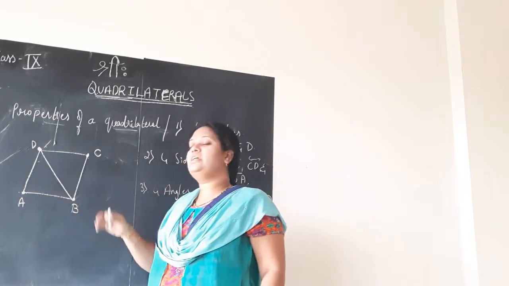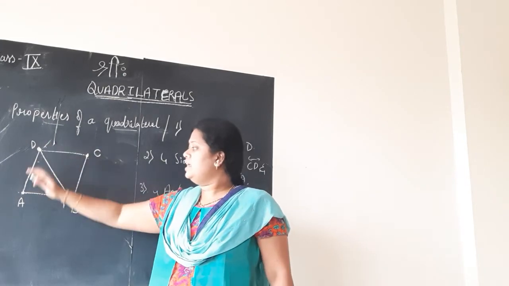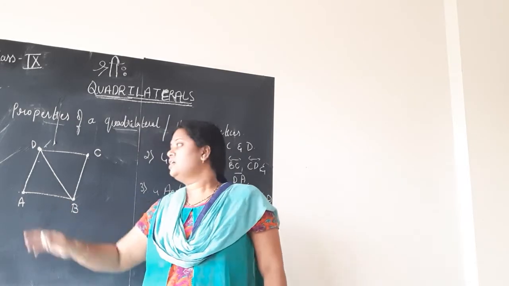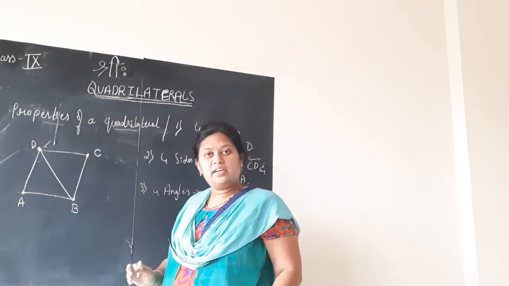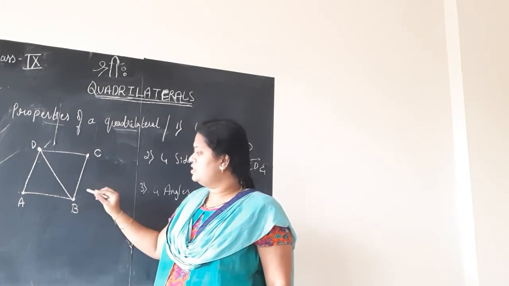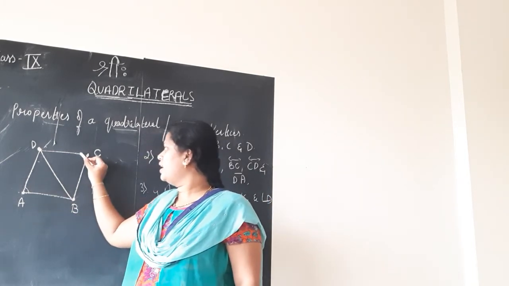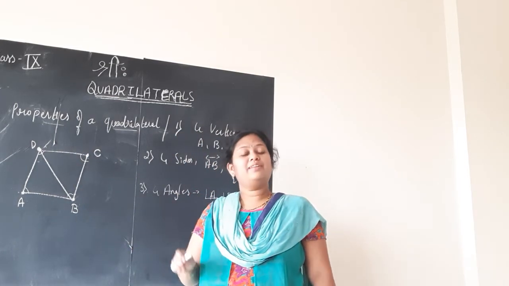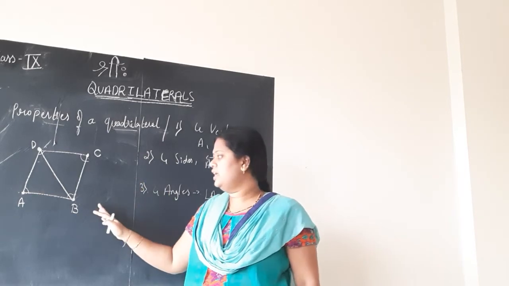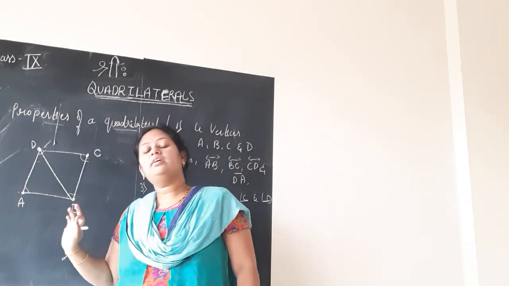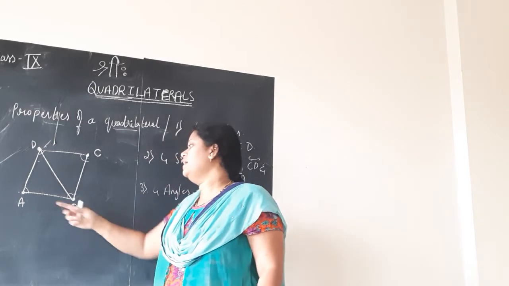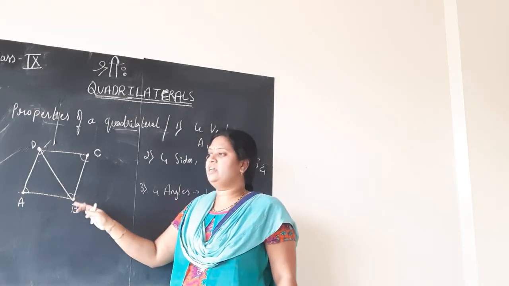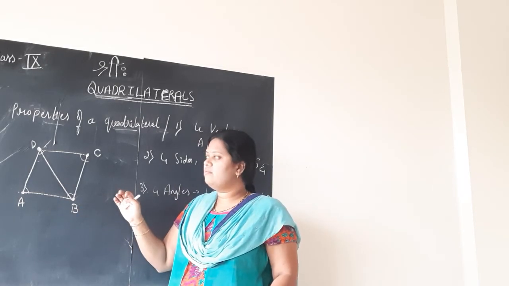So, A and B are called adjacent vertices. Similarly, AB, BC are the adjacent sides. CD, DA are the adjacent sides. Angle A and angle B are adjacent angles. Angle C, angle D are adjacent angles. Angle C, angle B are adjacent angles. You know how to represent the angle this way. So, four angles it has. If the angles have a common arm, like A and B, I call them adjacent angles. Why? Because they have arms which are in common, like AB, which I explained just now. So, don't worry much about it.